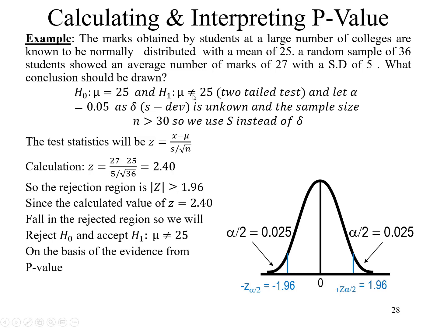For example, if a person claims that in my pocket there are 100 rupees, so the null hypothesis is that in my pocket are 100 rupees. The alternative will be no, in your pocket there are not 100 rupees. So maybe it will be less than 100 or maybe it will be greater than 100. So that is why we use this sign and we use a two-tailed test. If it is less than, it will be in the left tail test. If the money is more than 100, it will be in the right tail test.